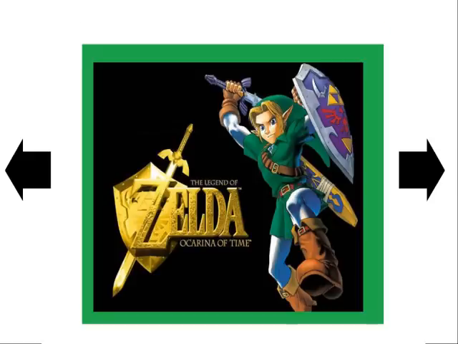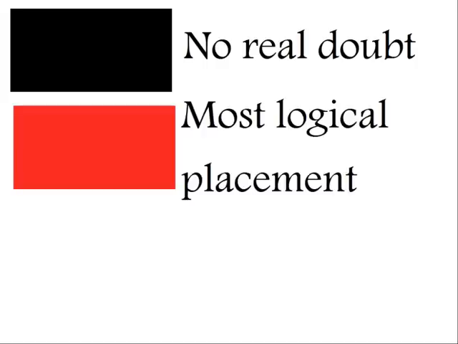Other games will be coded on a scale. First is black. These games are rock solid in their placement, and really can't be placed anywhere else in the timeline. Next is going to be red. Red games will have an amount of evidence in the game to back up its placement, and little to no contradictory evidence that could place it somewhere else. But at the same time, it could be placed somewhere else if it had to be, without breaking the timeline, but makes much more sense in its current location.